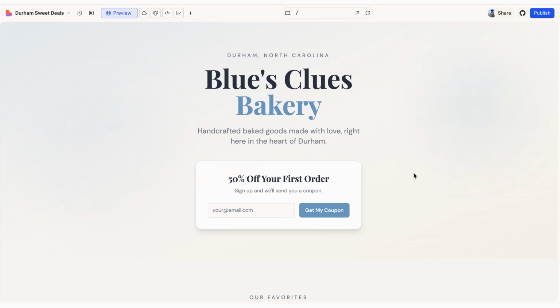Really, what I'm looking for here is this hero section where it says the name of my bakery, and then it has this call to action where people can put in their email, and they can get a coupon 50% off their first order. So before I spruce this up and make some changes that I'm looking for, I think what I want to do